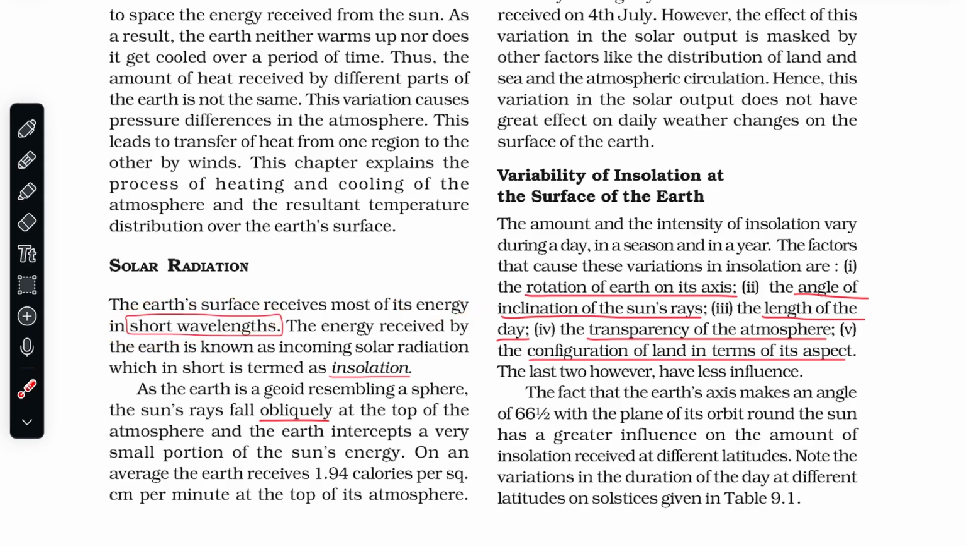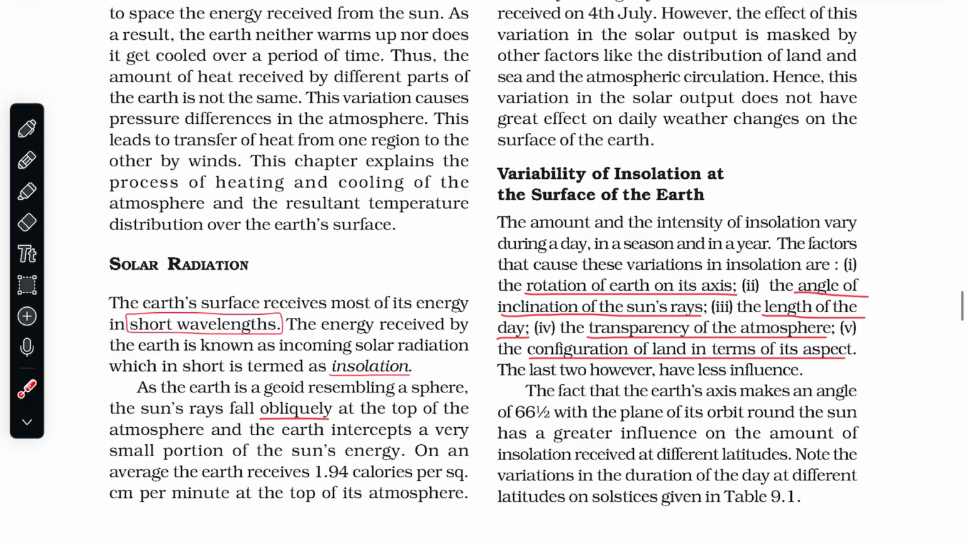The energy received by the Earth is known as the incoming solar radiation, which in short is known as insolation. As the Earth is a geoid resembling a sphere, the sun rays fall obliquely at the top of the atmosphere, and the Earth intercepts only a very small portion of the sun's energy. On an average, the Earth receives 1.94 calories per square centimeter per minute at the top